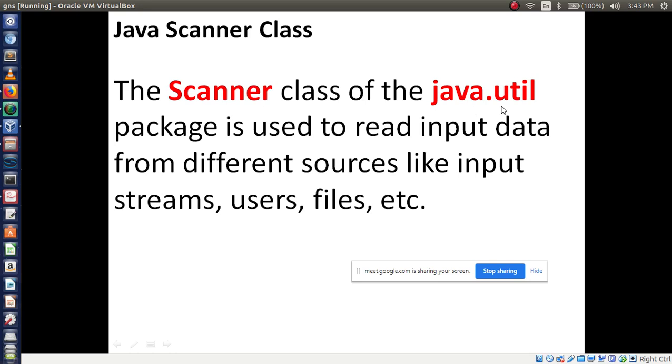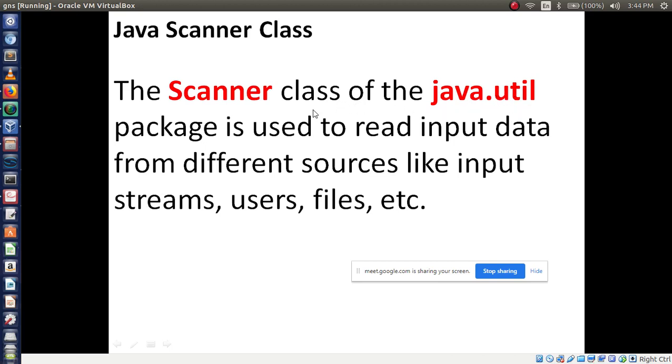The java.util package. In JCL, Java class libraries, you have seen the java.util package, right? Do you remember java.util? I have displayed java.io, java.util, java.awt. These all are packages, right? So Scanner class belongs to java.util.